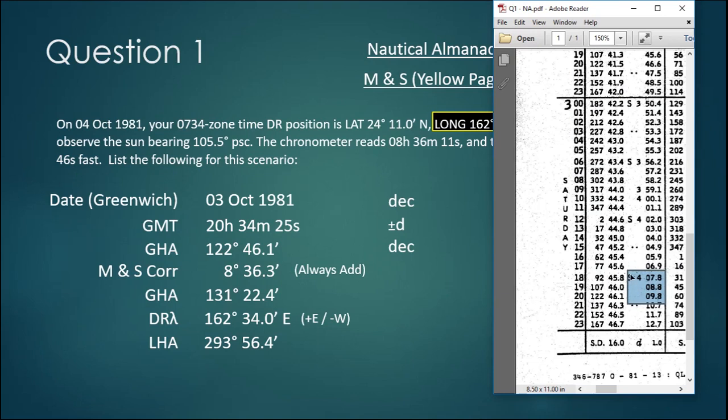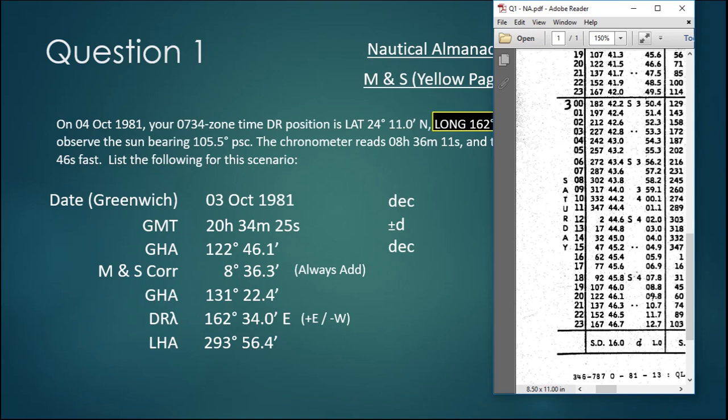Notice the declination is either north or south, and when we're dealing with declination in navigation, we put the N or the S in front of the declination so that it doesn't get confused with latitude, which is also north and south. Latitude, the north and south usually goes at the end, like in the case right here. Latitude, the N is at the end, and declination, we put the name, the north and south, at the front of it. So in this case, our declination is south 4 degrees,